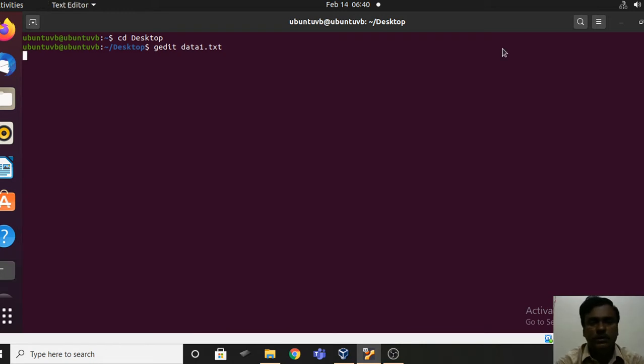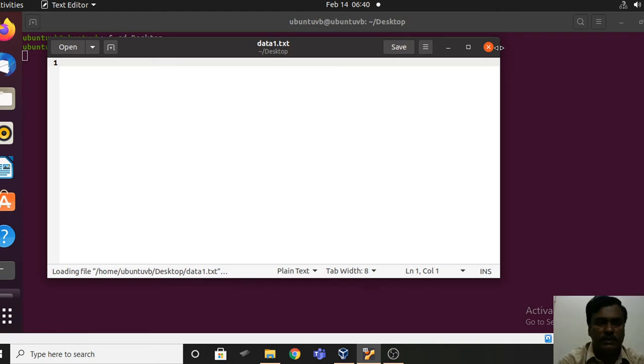So I am creating one text file with the following data. Let us make an assumption that the first column represents the number of nodes in a network, the second column represents throughput of the network, and the third column represents delay of the network.